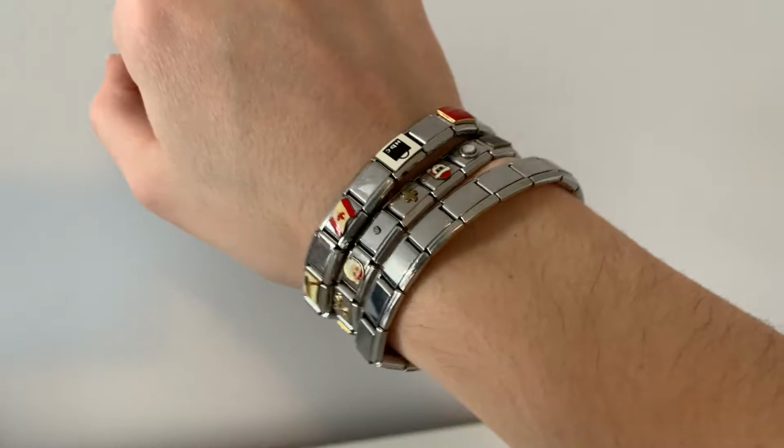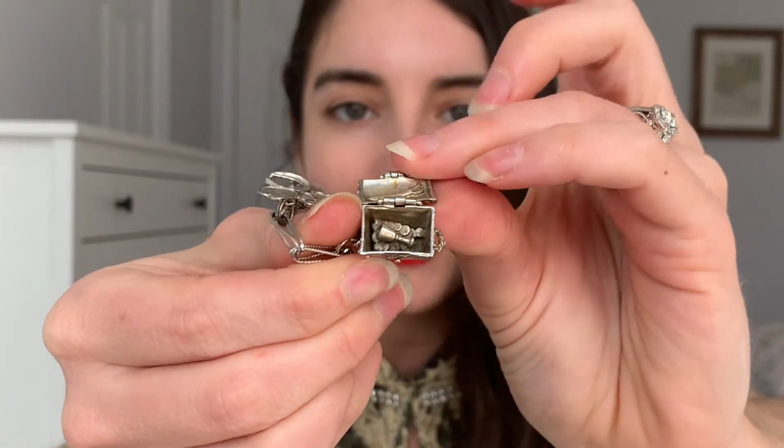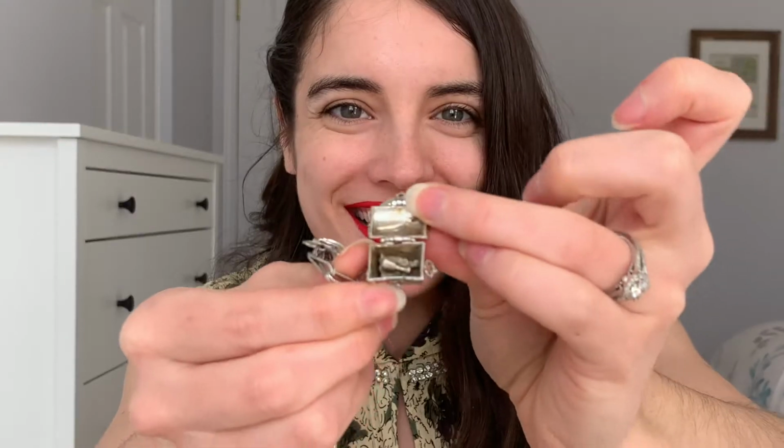Next are charm bracelets. I have my own sort of, you know, the link charm bracelets. I'll insert a picture of mine, but you remember those when we were kids? My mom and my grandma actually gave me their version of those. So this one is my mom's, and it's got all these different charms on it. My favorite is this one because it's a literal chest of pirate treasure. How cool is that? I like wearing these when I'm wearing vintage and non-vintage because I think it just